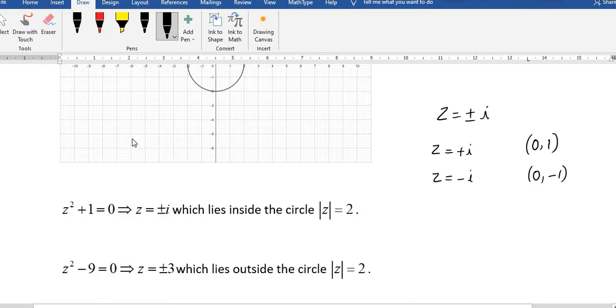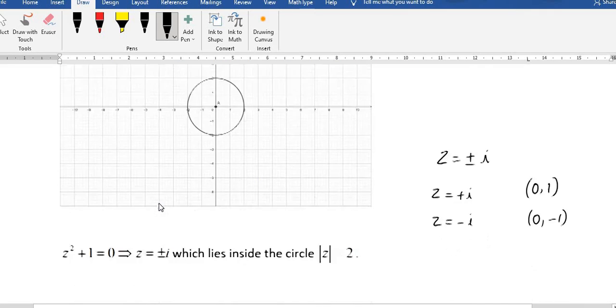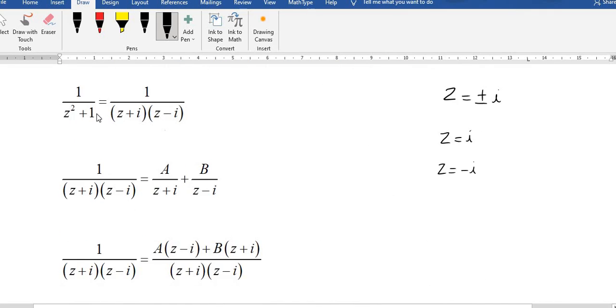So observe our f of z once. This is our f of z. I am taking this term also into the numerator. Then the denominator contains only z square plus 1. So 1 by z square plus 1 can be written as 1 by (z plus i) into (z minus i), because z has values plus or minus i. If z equal to i, take this side like this side, then we are going to get z minus i. Minus i goes to the LHS, then it becomes z plus i.